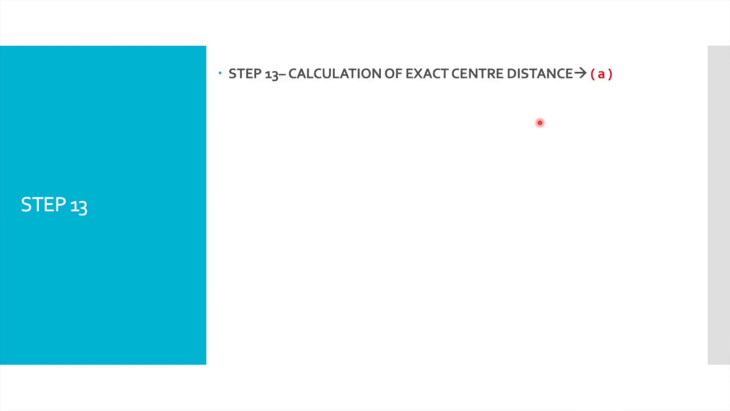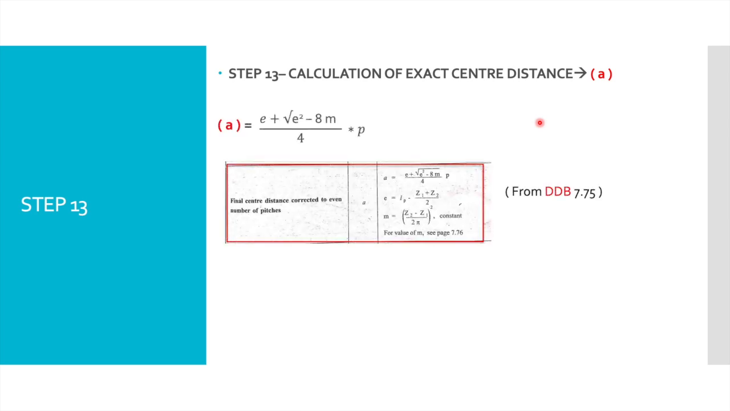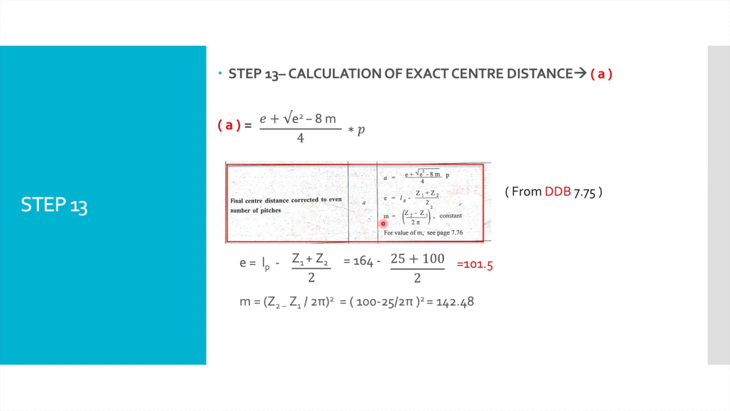And calculation of exact center distance, that's A. The formula is E plus root of E squared minus 8m, everything under the root, divided by 4 into P. This is the formula. In this, E and M are not known, so there are two more formulas for them. Those are these two, and the values lie to be